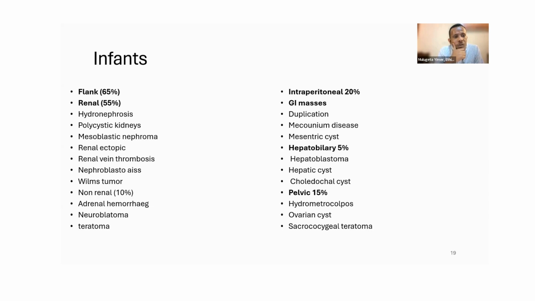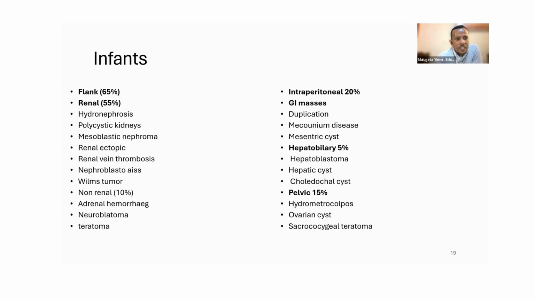nephroblastomatosis, or rarely, although Wilms tumor is rare among children or infants less than 6 months, it could be Wilms tumor. So the majority of infantile flank masses are originating from the kidney, but there are non-renal conditions that could present as a flank mass in infants. It could be adrenal hemorrhage, neuroblastoma, or teratoma. So generally, as a fact, in infants, the majority are originating from the kidneys and they are located in the flanks,